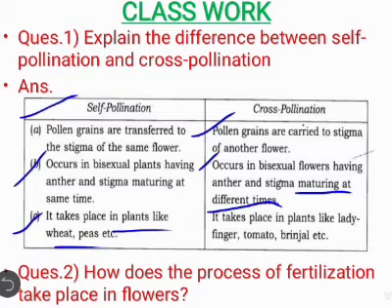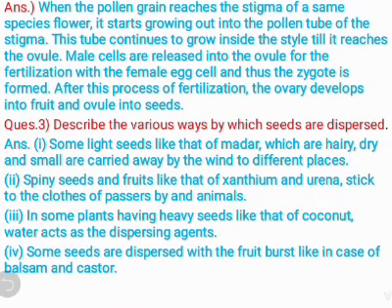Now come to the second question, which is how does the process of fertilization take place in a flower? As you know, the fusion of male and female gamete is known as fertilization. When the pollen grains reach the stigma of a flower of the same species, it starts growing out into the pollen tube